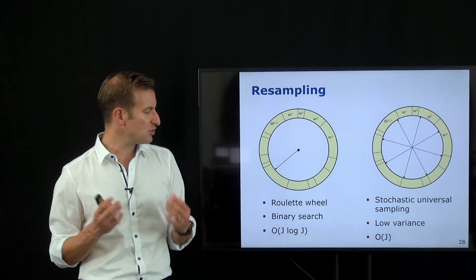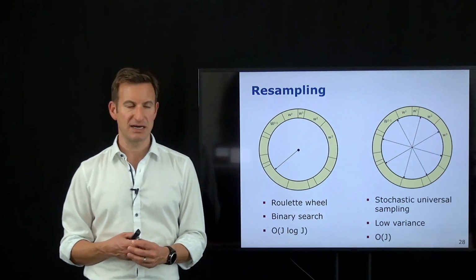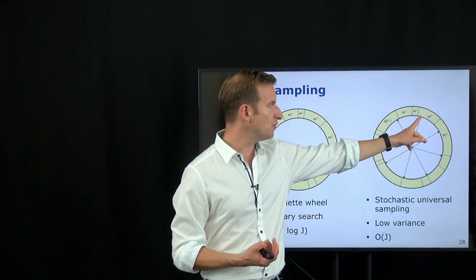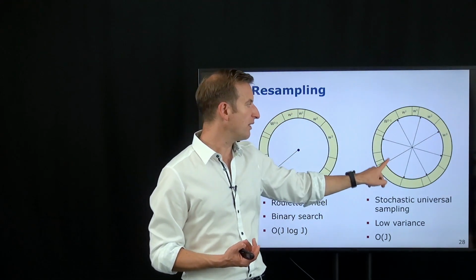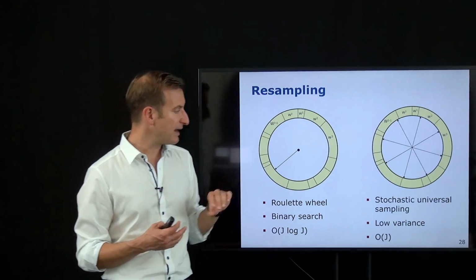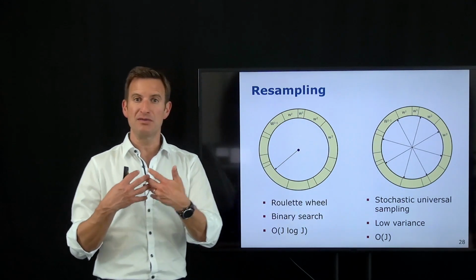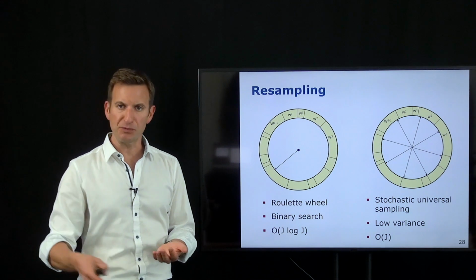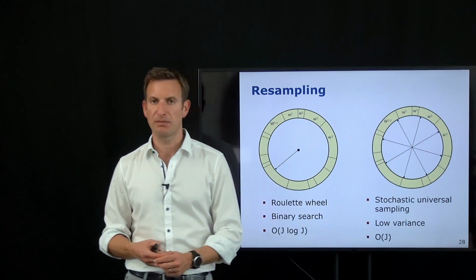And it actually has 2 advantages. The first advantage is that it is faster to do. You can do it in linear time, because you only draw one random number, which determines where the first arrow is pointing to, and then, while walking through your array, you determine where the other arrows end up, because you know those arrows have an equal spacing. And you don't need to do a binary search. It is just one pass through an array, which you can do in linear time, because you're not doing the drawing one after the other, you're doing the drawing at the same point in time while you're moving through the array. So the move through the array is a bit more expensive, but you only have to do it once and not j times. So this is a lower computational complexity.